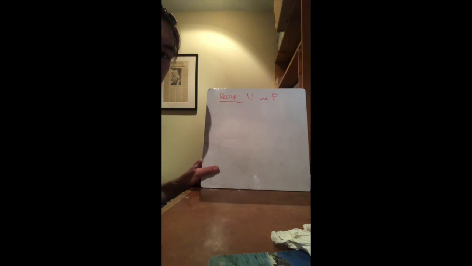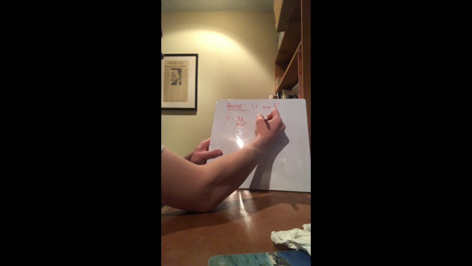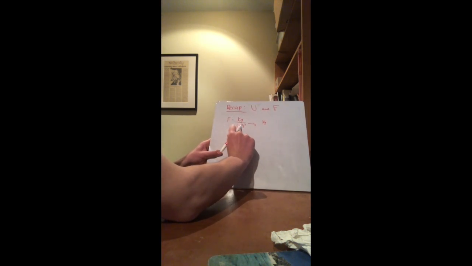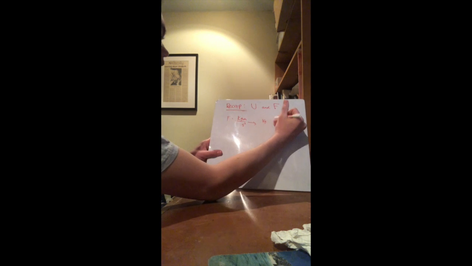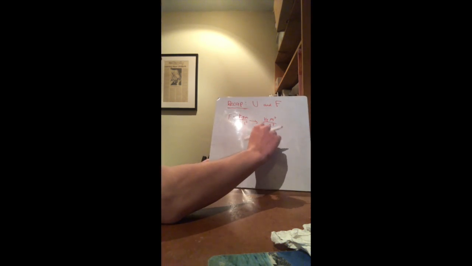Next we have a recap about potential energy U and force F. So this is just a fundamental relationship in physics. We know force is equals mass times acceleration, so kilograms over meters times seconds squared. And potential energy is measured in joules, which is kilograms, this should be in the top here, meters squared over seconds squared,